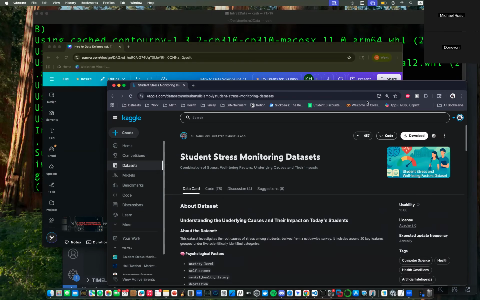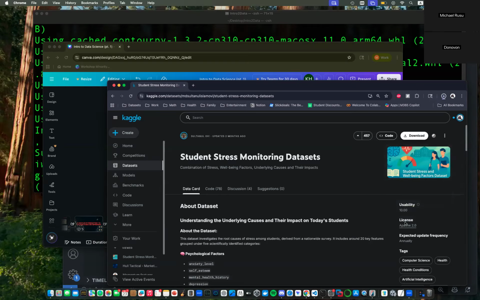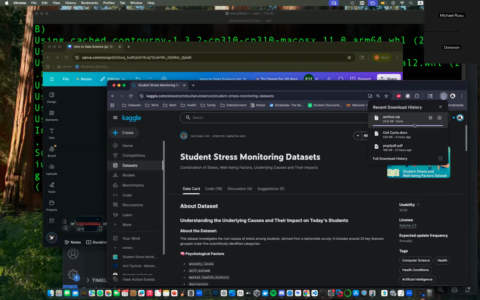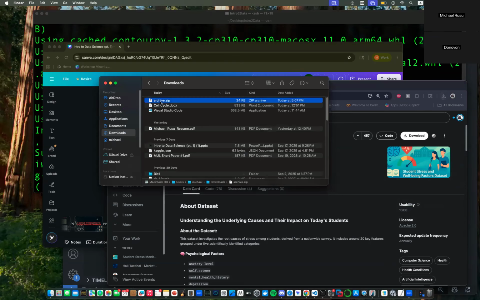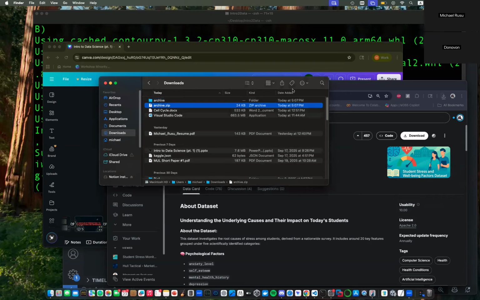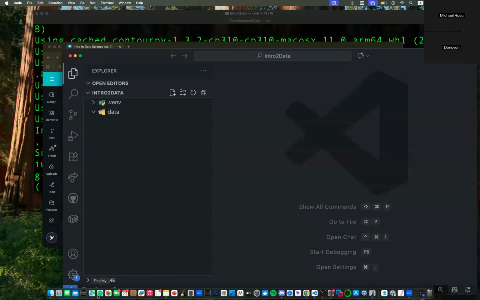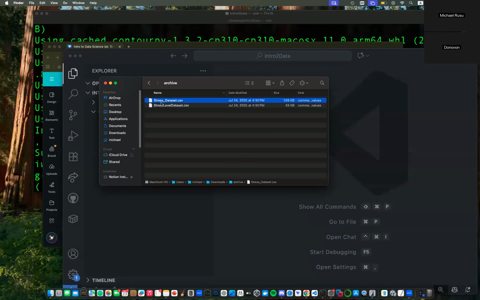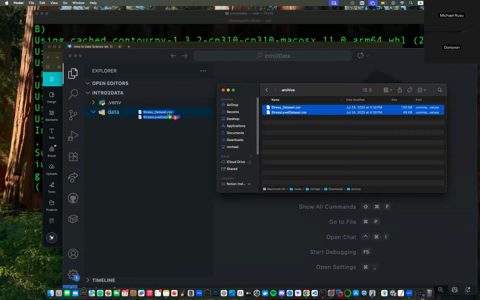So the first thing you'll want to do is press download and then download as zip. I'm going to wait for everyone to lock in and get this ready. You're going to download this as a zip, and once it's done, voila, it'll be in downloads. You can unzip it, and then we're going to take these two datasets and drag them into data right here. I recommend data right here.